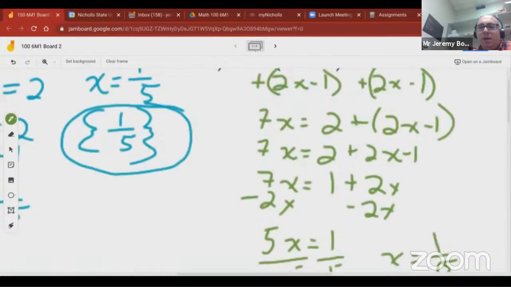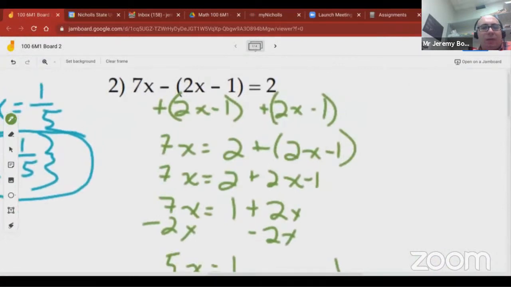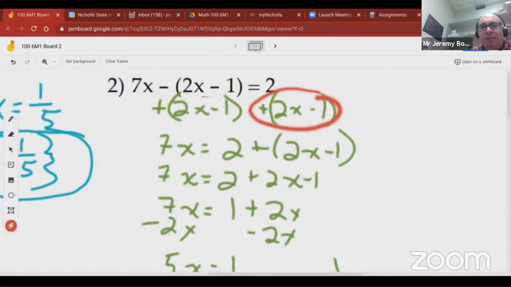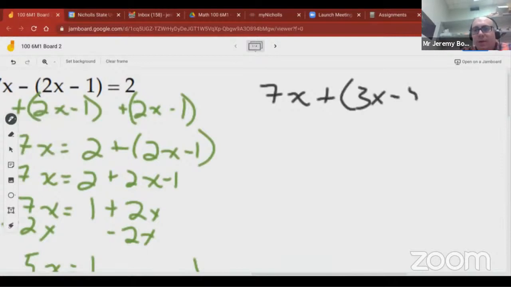The only thing I would worry about is it's not that bad if adding this, okay? And I think it works out okay for that. But if you were given a problem that was like 7x plus, let's say 3x minus, wow, I changed the numbers halfway through. Minus 5 is equal to, I don't know, whatever. If you decide to do the same thing here and you subtract that,